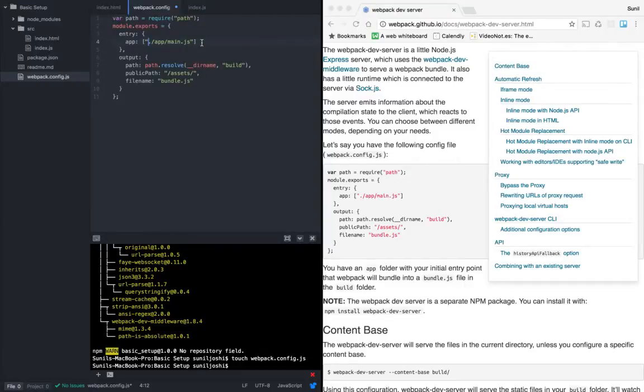It's pretty simple, right? It has an entry and it has output. So our entry is going to be our index.js, as we want the console statement which we wrote to be printed in the console. And we're going to have more in our index.js. So this is a very basic step. At least we should be able to see that console statement, right? Here instead of main, it's accepting an array, so you can have multiple entries, but right now let's keep it simple and have only one entry, and that one entry is only that index.js.